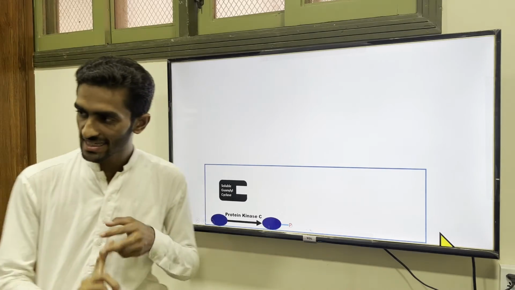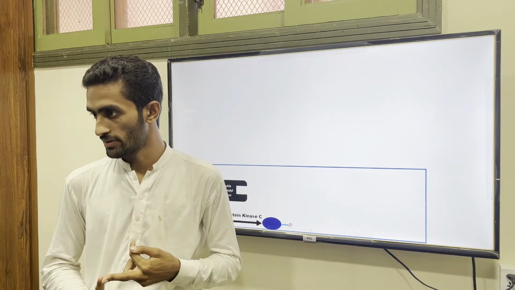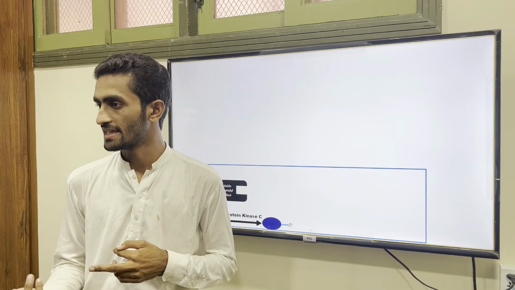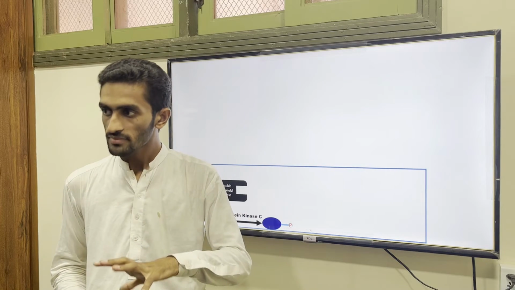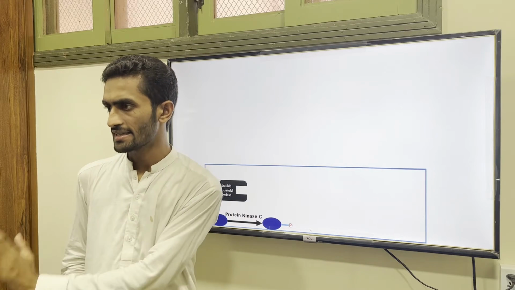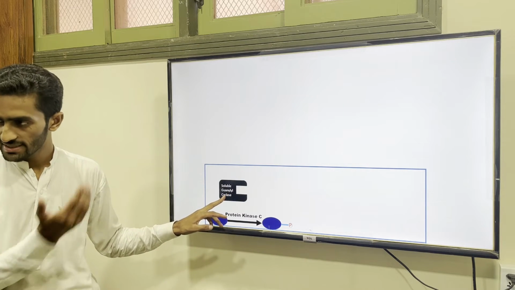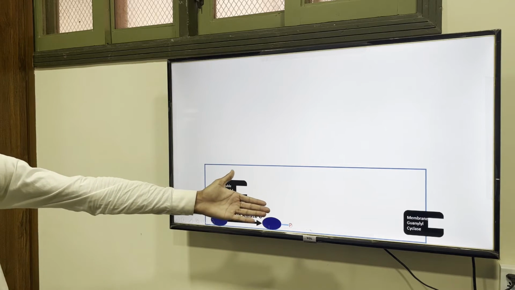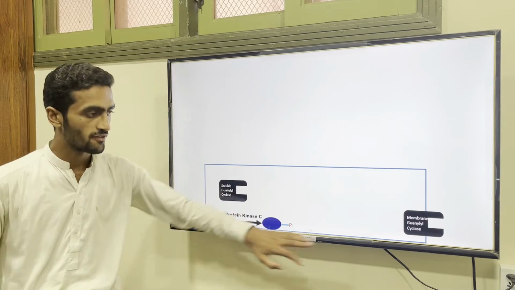So we have discussed cyclic AMP and IP3, and now we are going to look at the cyclic GMP pathway. Their mechanism is the same: we have to activate a kinase, here protein kinase G. Their receptor is either present on the cell membrane or inside the cell. For example, here is soluble guanylate cyclase, which is inside the cell, and the other receptor is present on the membrane, that is membrane guanylate cyclase. Both are guanylate cyclases. One is inside the cell, we name it soluble. One is at the membrane, we name it